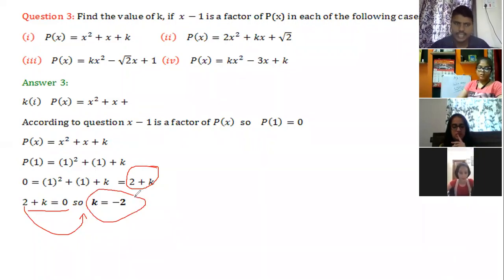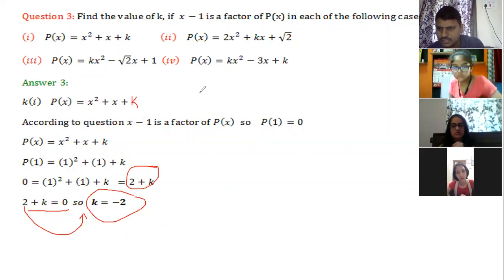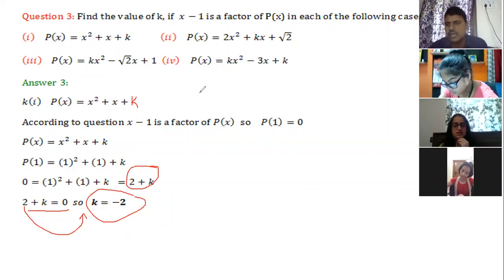You have to find the answer like this. I repeat once again: find the variable. You have to find that letter, the k value, in this question. You have to substitute one value. If you understand, please copy. If you have doubt, ask me. Shivina, clear? Just substitute, you have to equal 0. Okay? All variables on one side, all numbers on the other side.